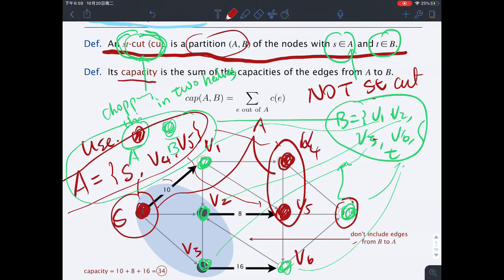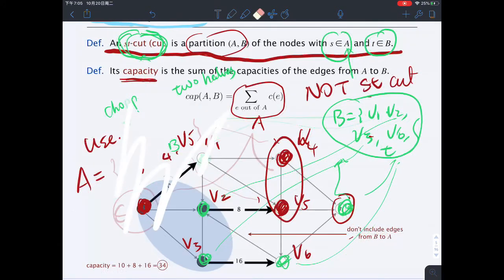So after we define the partition for the ST cut, then we can talk about the capacity of the ST cut. So what is the capacity of the ST cut? The capacity of the ST cut is really just that